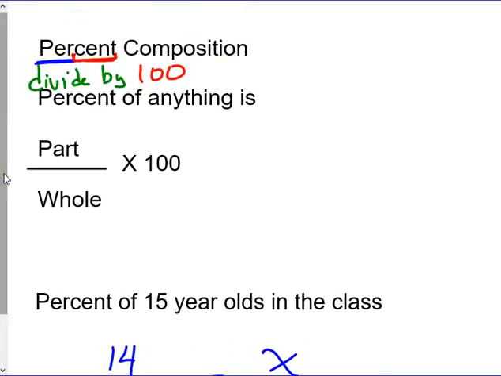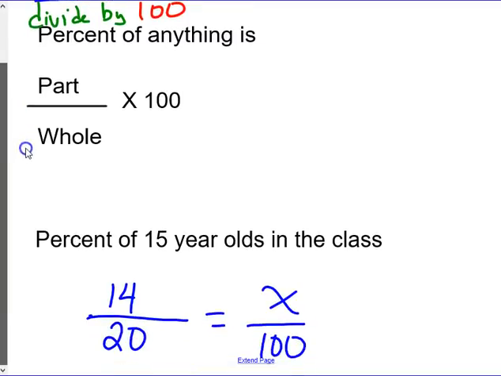So percent: per means divide by, cent is our prefix that means 100. We know that because we have 100 cents in $1 and we have 100 years in a century. So anytime something is asking you for the percent composition or any type of percent, you know it's going to be out of 100. So let's say that I took data and I said that we knew that out of